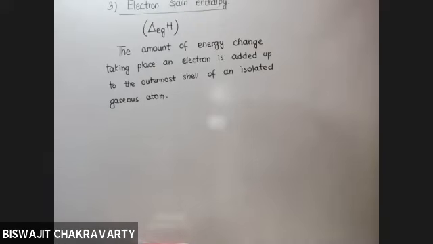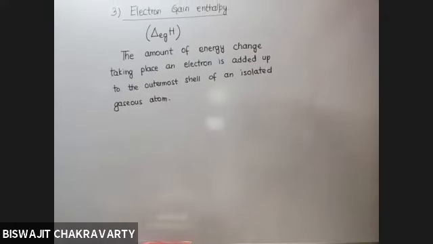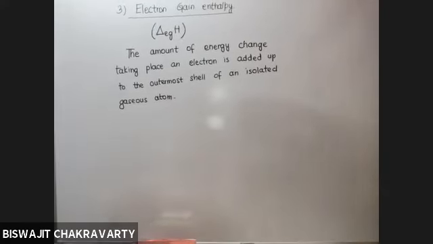Okay, so try to understand the definition. Electron gain enthalpy is nothing but the energy change taking place when an electron is added up